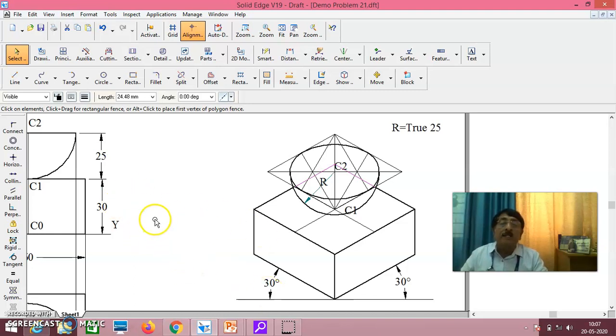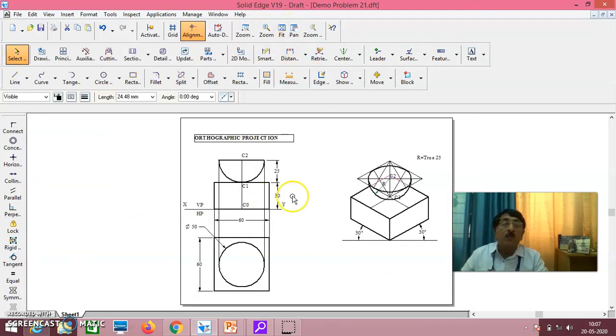See here, as I told you, this is the isometric projection. For the exam, what you should clearly know: be careful, whatever is in this border only will get printed. Do carefully. This is orthographic projection.